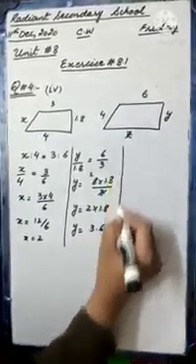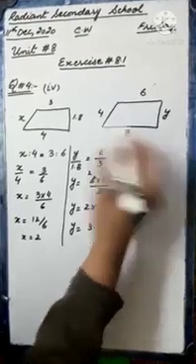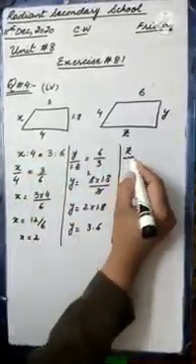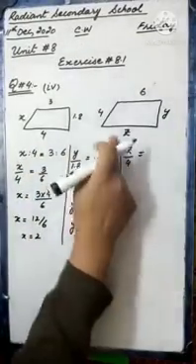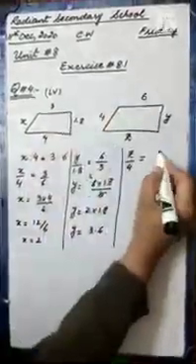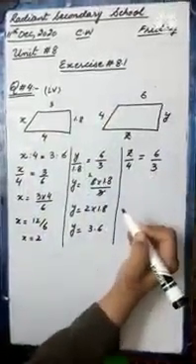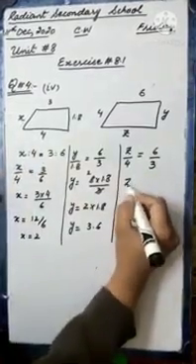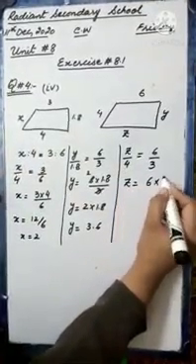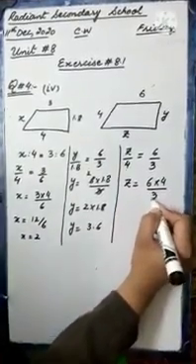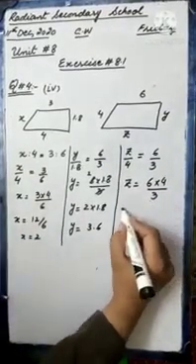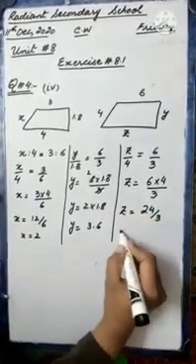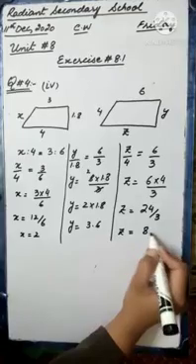3.6. Now for z, we have to find the value of z. We will make the ratio z ratio 4 equals to, again you can take this ratio 6 ratio 3. You can also take 4 ratio x. Okay, z will be equals to 6 multiplied by 4 divided by 3, and z is equals to 24 by 3, and z will be equals to 8.